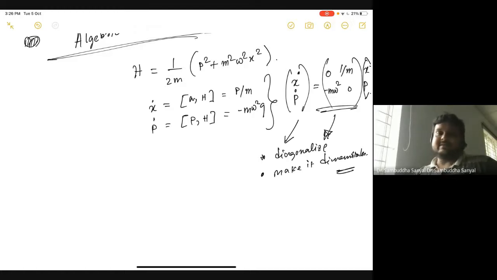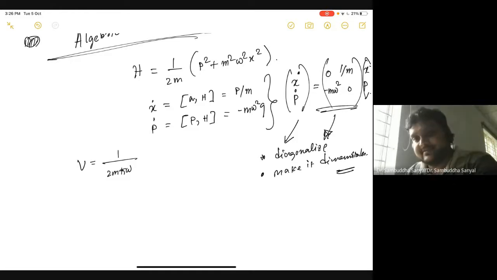This is a 2 by 2 matrix, which means you have to do some kind of a rotation. So we go to a defined basis. Notice it is actually a 2n by 2n matrix, not 2 by 2, for an n particle system, because it is x1, x2, x3, p1, p2 and so on. You can think of it that way, and the same mechanism follows. But for simplicity, let's just think of a simple 1D harmonic oscillator, and therefore a 2 by 2 matrix equation.